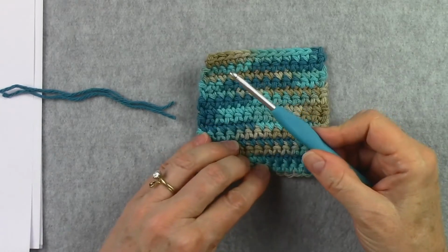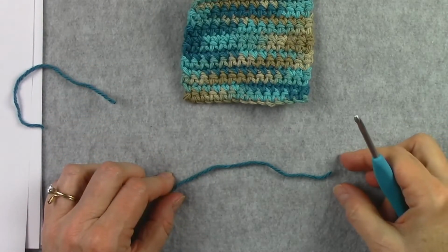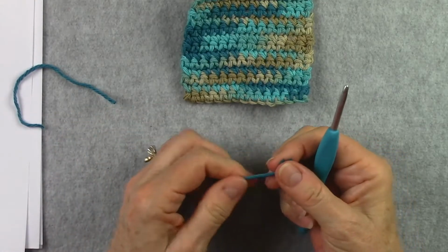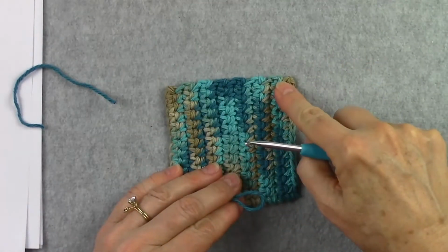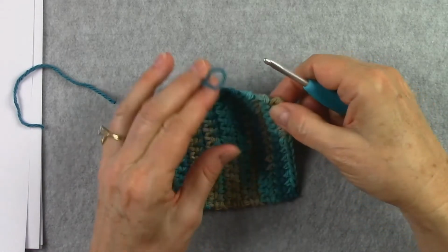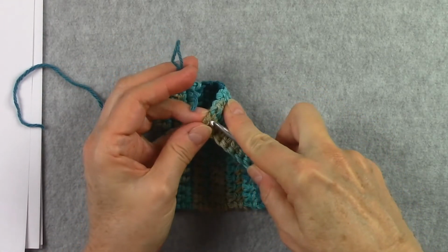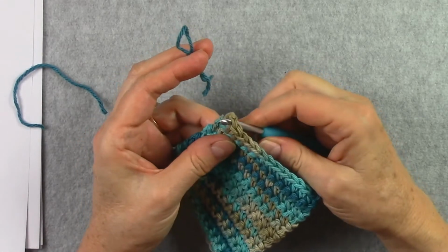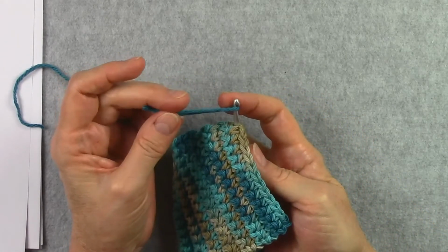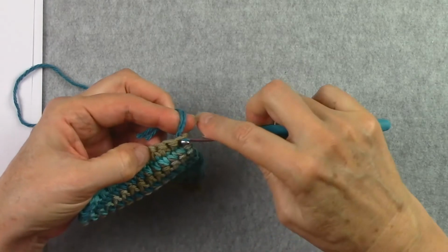You're going to need your crochet hook for this. And you'll need 5-inch long strands of yarn. To do fringe, you're going to fold that strand in half and you're going to work on the side edges. You'll insert your hook from the back to the front. This is the right side. So you're going to go to the back and insert your hook where you would normally insert it for working your edging. You're going to take the folded part of your yarn piece and place it over your hook and pull it to the front,